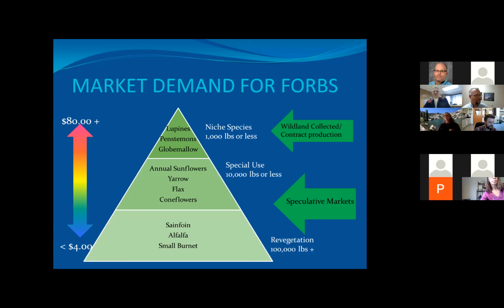There are a lot of species that have not been played with. They've not been tried to put into production in any way. Those are very hard. We don't really understand nearly as much about growing them. So those command, maybe you can see over on the left-hand side for me, or the right-hand side for you, where it says $80 plus per crop. Those are the real specialty crops.